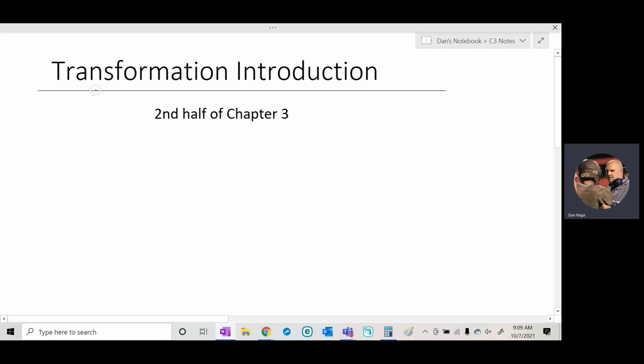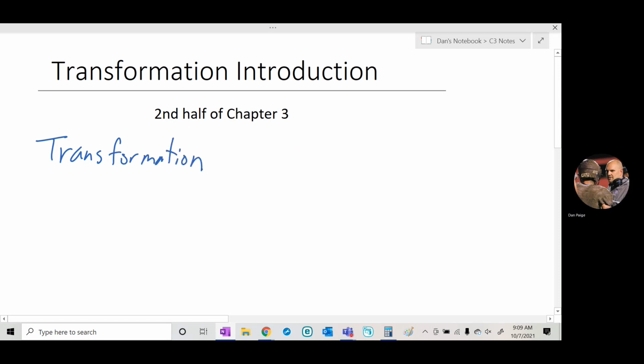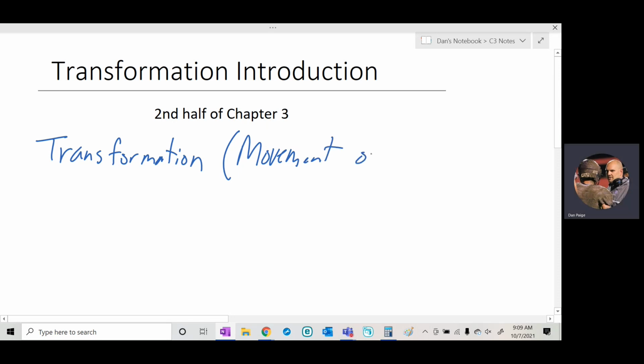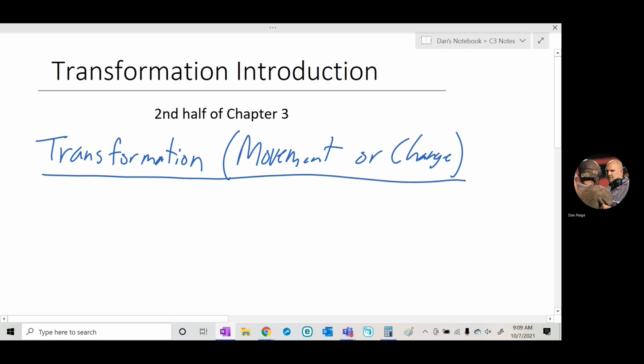So we are talking about transformation in math. Transformation talks about movement or change. So in this lesson, in this whole half of the unit,